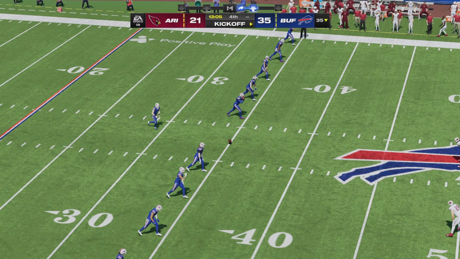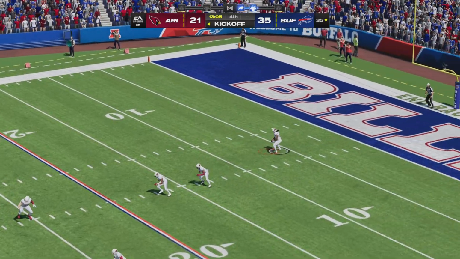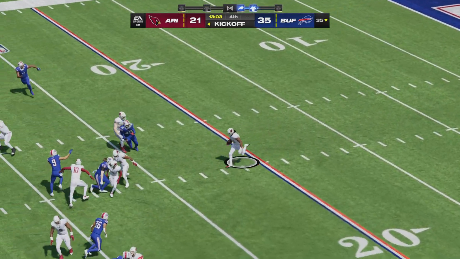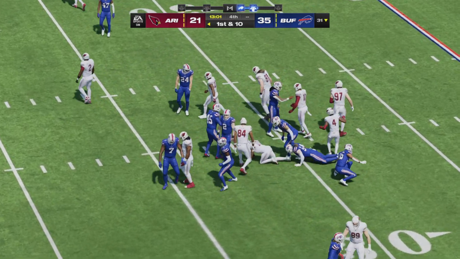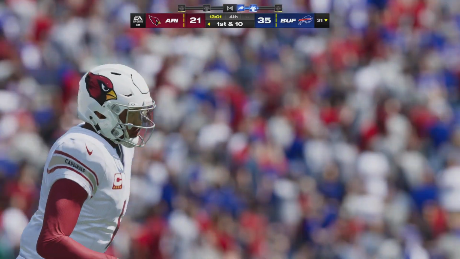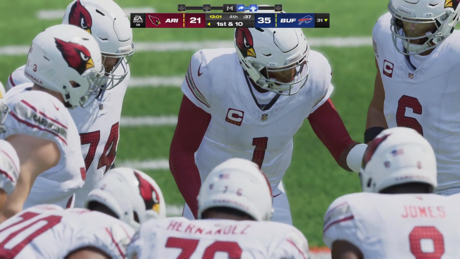After the touchdown, Bass to kick it away. And they'll start this drive just across the 30. Pretty nice work on the return. Arizona getting ready to go as they take the field.